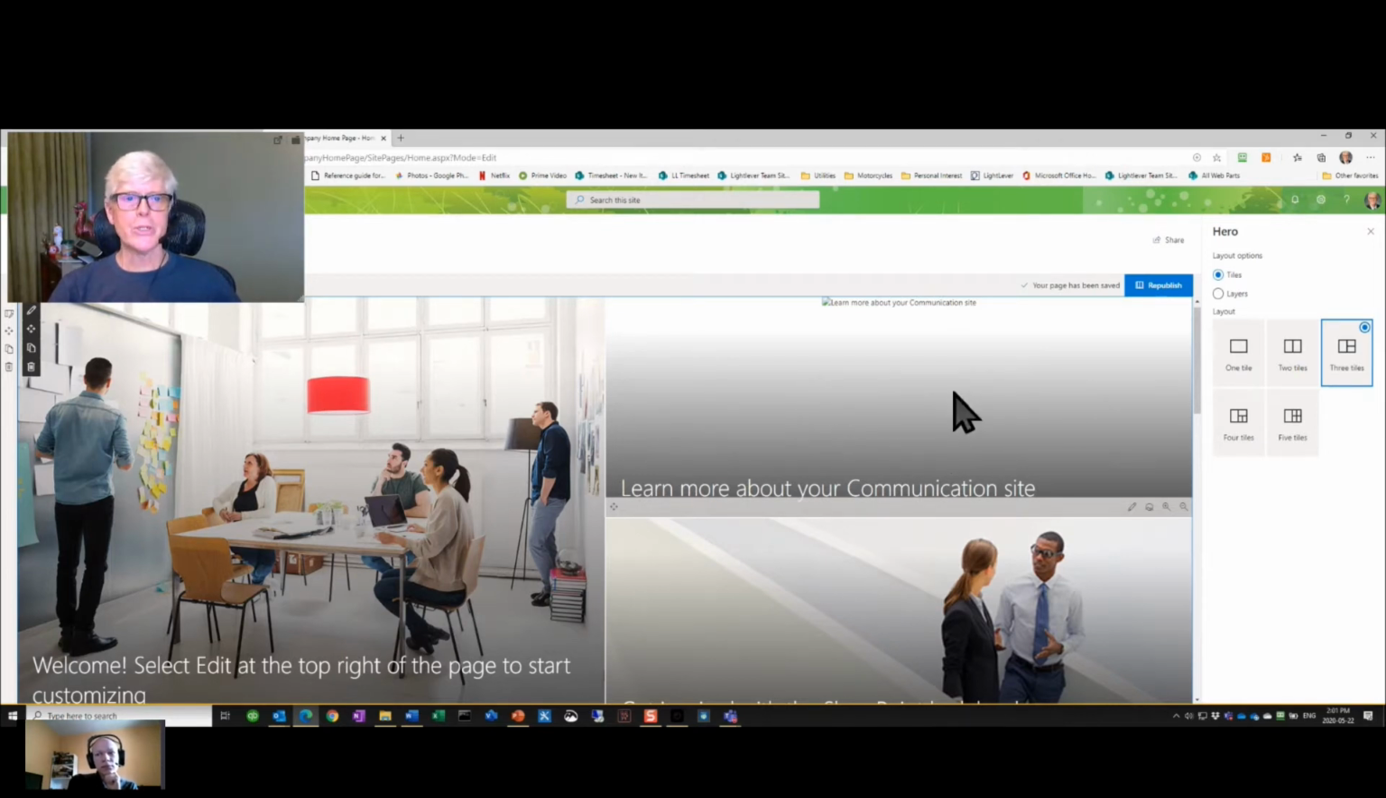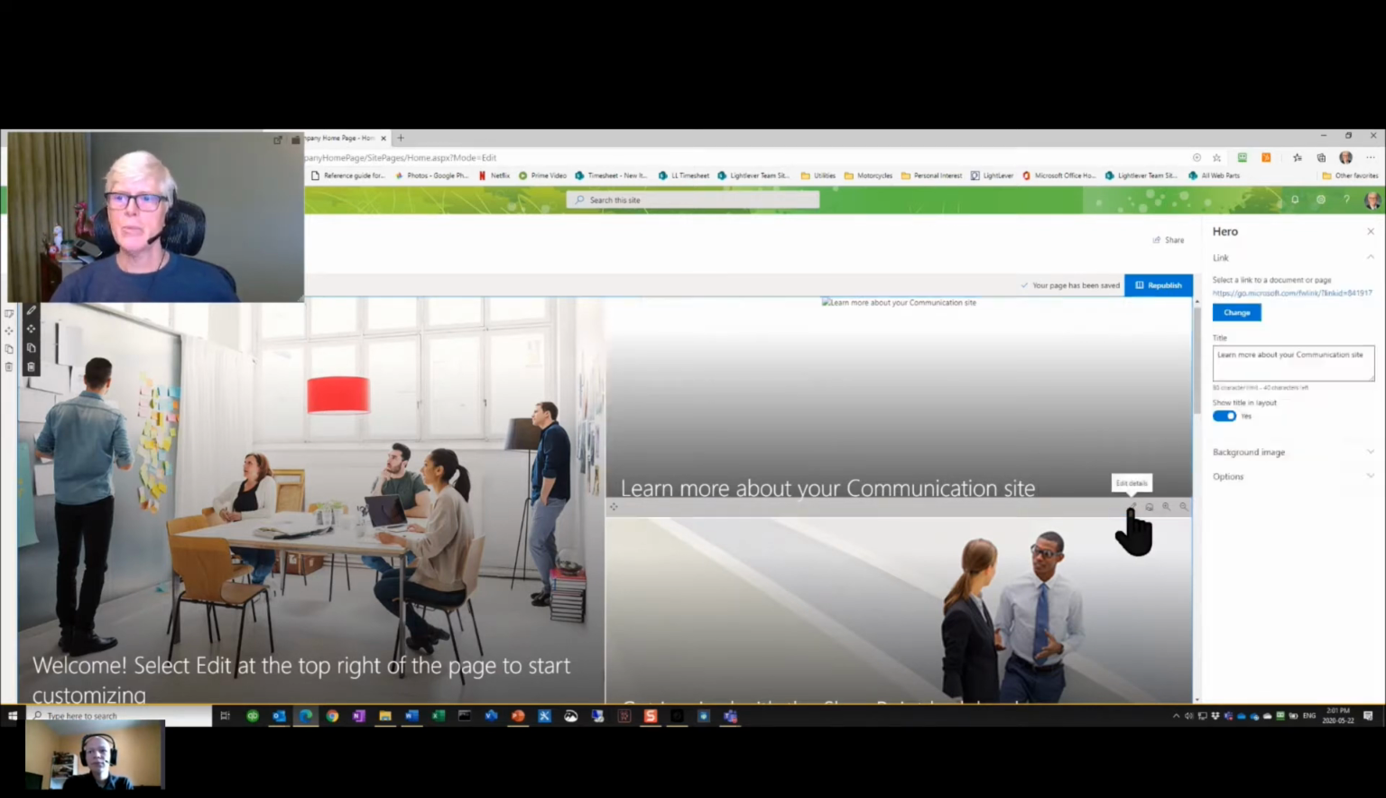The hero web part is interesting as well in that each of the tiles on the web part are modifiable on their own. So for example, this one here, learn more about your communication site. I can click on that while I'm editing the hero web part, and I can edit details. Same pattern, you click on it and then you can edit. Same approach, a window pane shows up on the right-hand side, and now I can change various settings on this